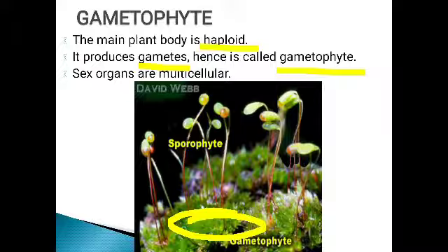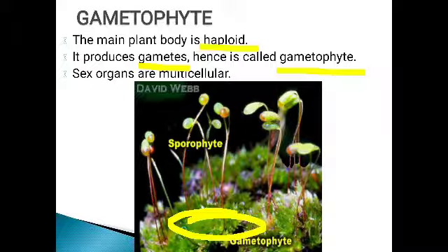What do you mean by that 46 chromosomes? That is 23 pairs of chromosomes are there. 23 pairs means 23 is one set of chromosomes. Another 23 is another set of chromosomes. So as we are having two sets, 23 plus 23, 46 chromosomes are there. We are diploid. Di means two. So we are having two sets of chromosomes. But here, the main plant body is haploid in nature. That means they are having only one set of chromosomes.